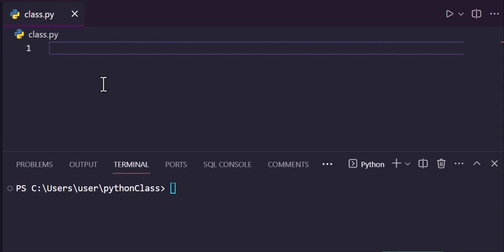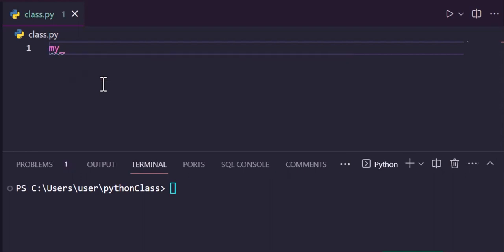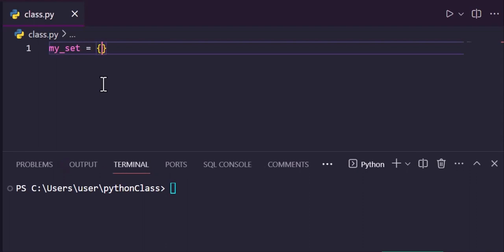All right, so how do we now create a set? We can create a set by, let's have our variable, so I'll call it my_set, and I'll say equal to, then I create curly braces. Inside these curly braces is where we are going to have our items or elements. So here we can say orange,